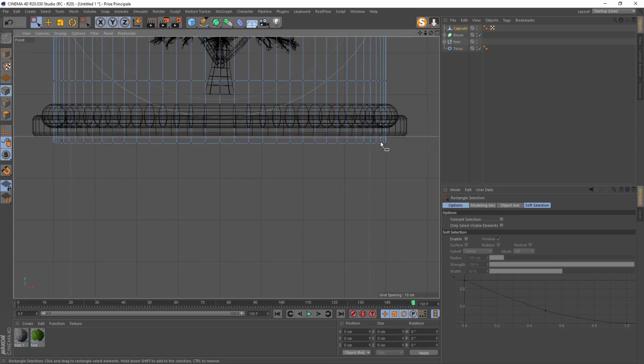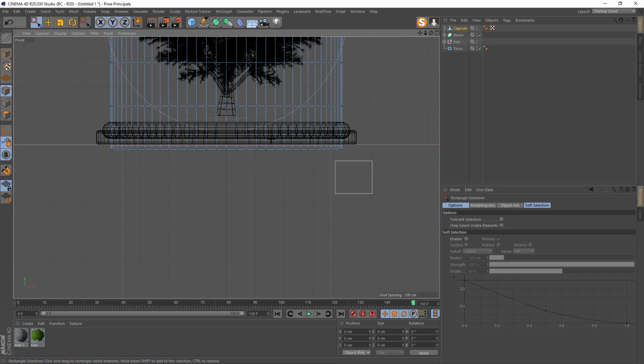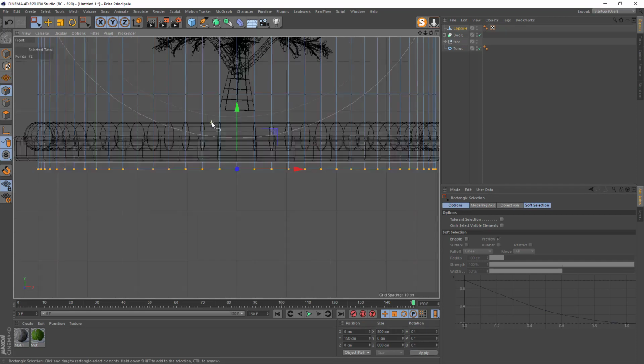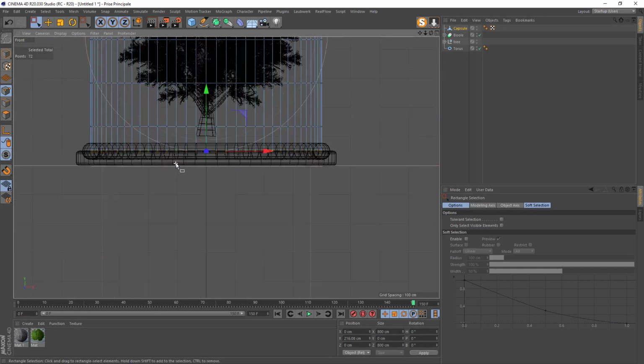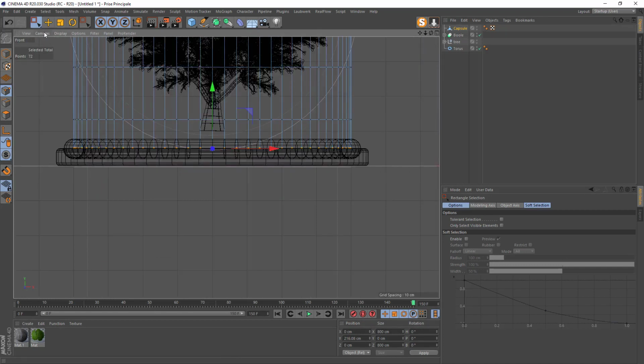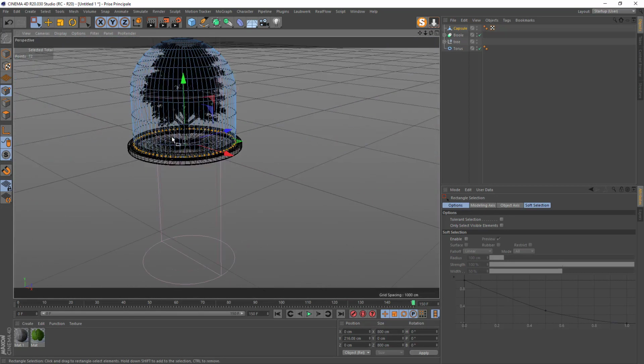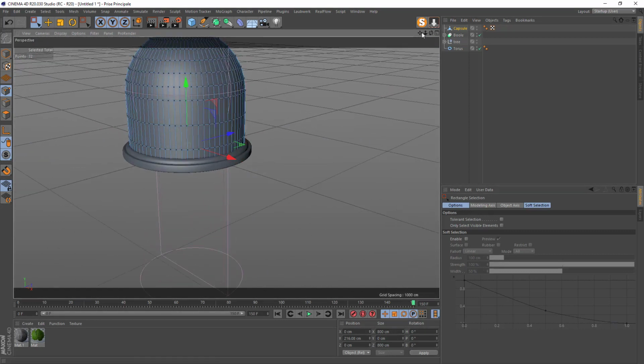So we just keep this one, but you see we are under the circle. So I take all these points and just move it up, like that. Okay, like that it's okay. Go back to perspective view. Display, grow, and we got that.